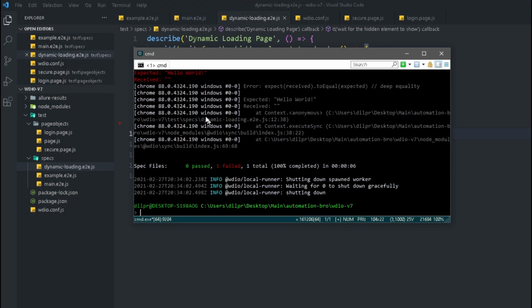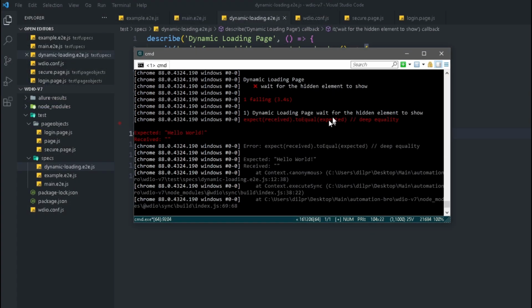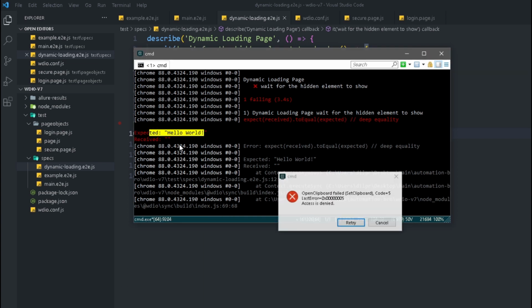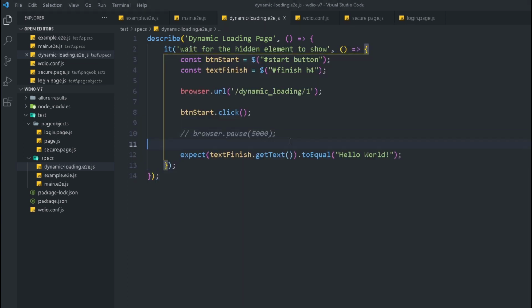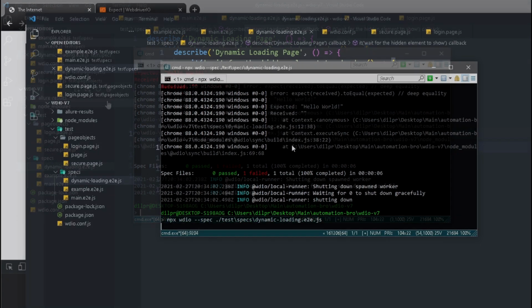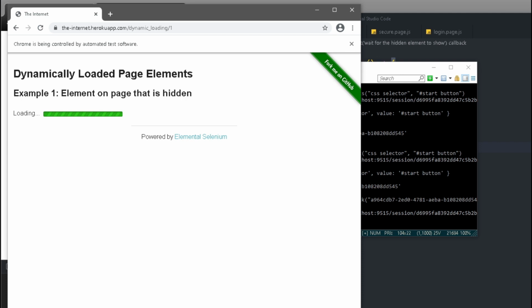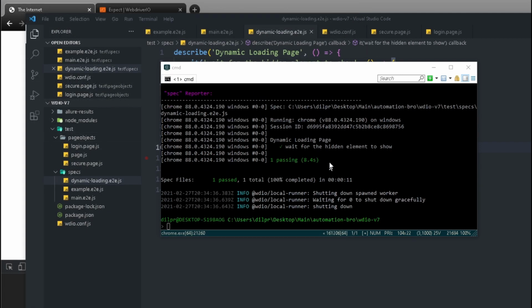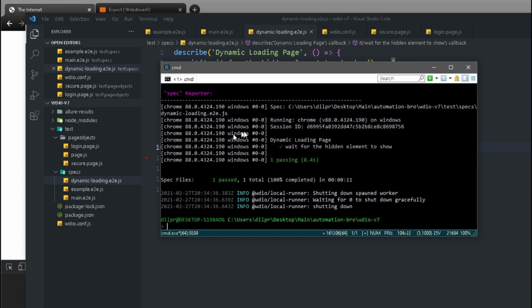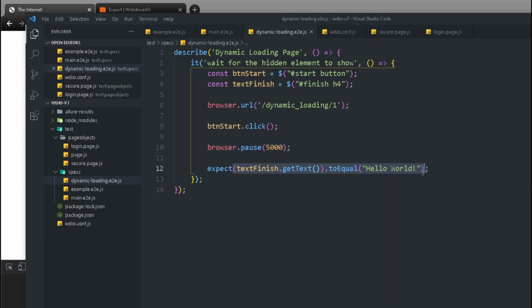Okay, so this time it clicked the button. We saw the loading thing and the test still failed, and we saw the same error. Now to fix this, we can add that pause there. And now let's run this again. If you can see, it's actually loading and it's waiting for that loading thing to go away. And now the test successfully passed. So we waited for 5 seconds and within that 5 seconds, the loading actually went away. Then we went ahead and tried to verify whether the text showing up should be hello world. And in that case, it was actually hello world.